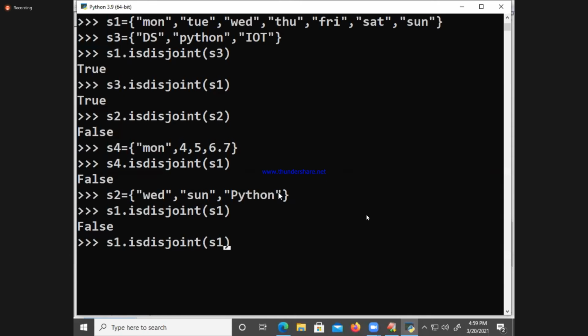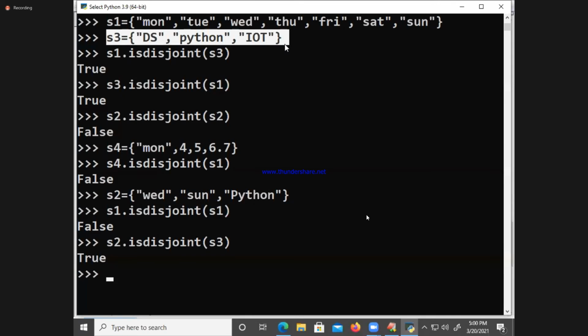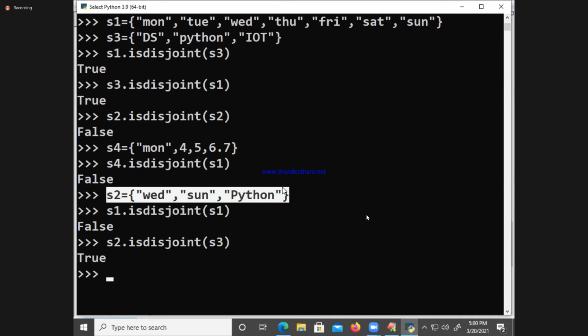Next, S2 isdisjoint of S3. What is S2? These elements. Are you following? What is S3? What is the disjoint? Are they disjoint or same? Disjoint sets only. Are you okay?